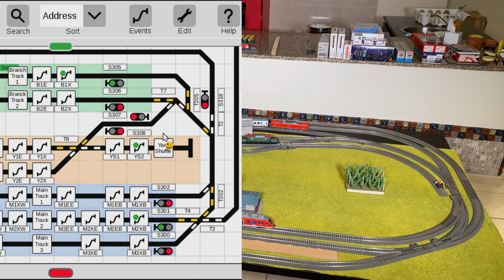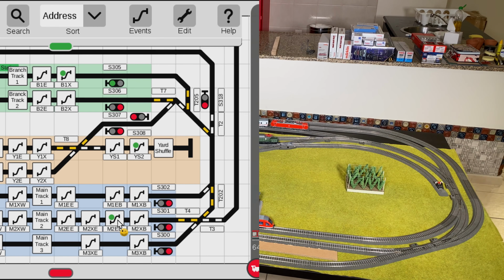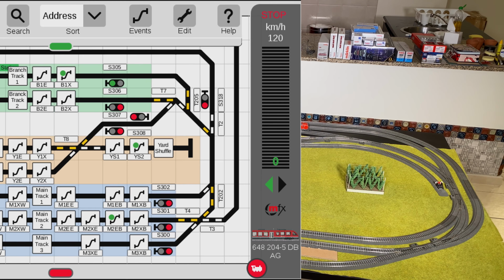By the way, here's a green that I had forgotten to turn off before. Oh, it's because I guess I hit the exit here for the branch. I should actually hit the entrance. And you notice here, when I change the signal, you can see which of the routes here are actually green and are enabled. Okay, so now I just need to find my